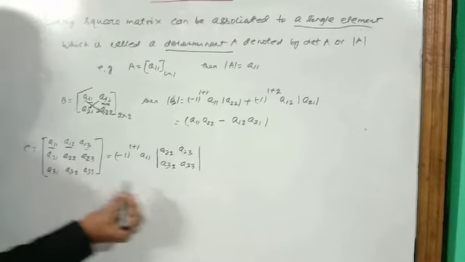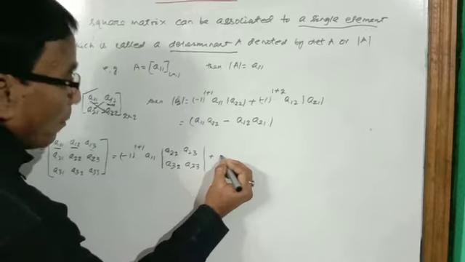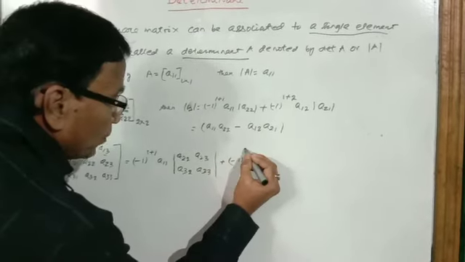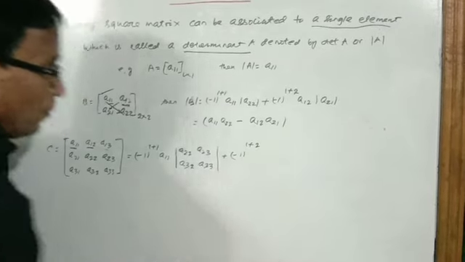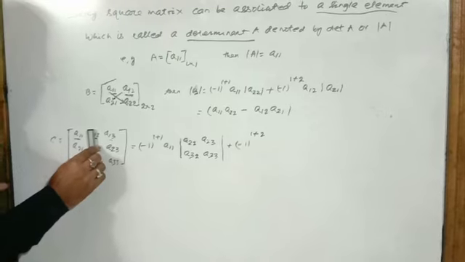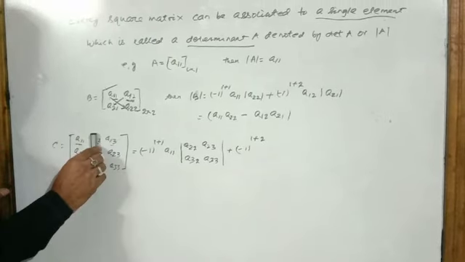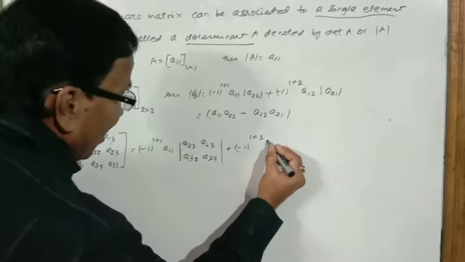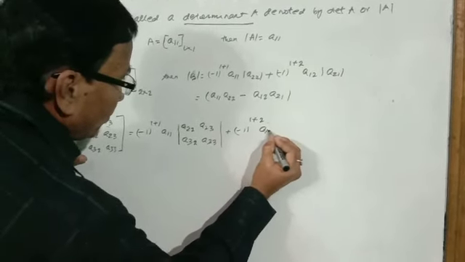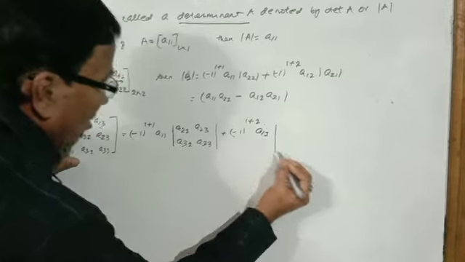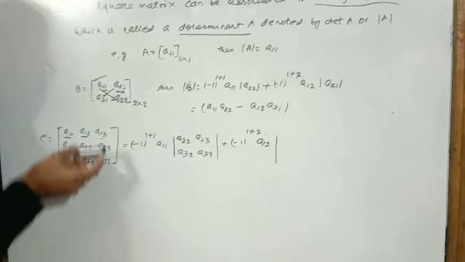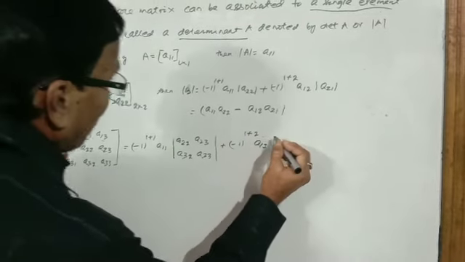Next, for this element we will take (-1) whole to the power 1 plus 2. Then again you will leave the first row and second column. So we get that element A12 into determinant of, after omitting second column and first row, we are getting the determinant of A21,